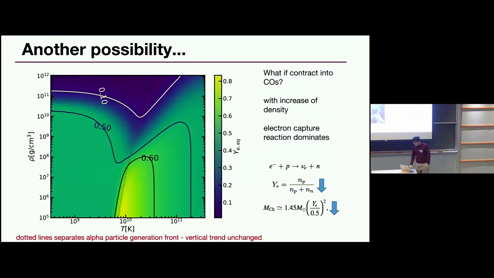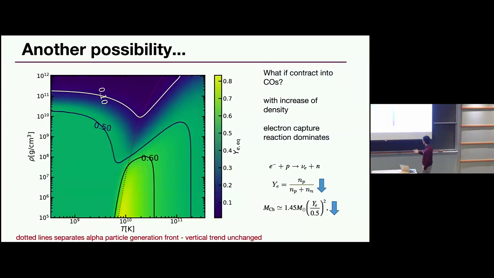But what if these puffy clumps themselves can become compact objects whose inspiral does not create micro TDEs, but gravitational waves? If we examine the nuclear reactions happening here, another intriguing possibility appears, because this figure shows the electron fraction, YE, as a function of density and temperature for these kinds of extreme environments, and this is governed by nuclear statistical equilibrium. At low densities, there are different regimes, but I just want to point out, if you go to very high density, that's when you form these collapses and fragments.